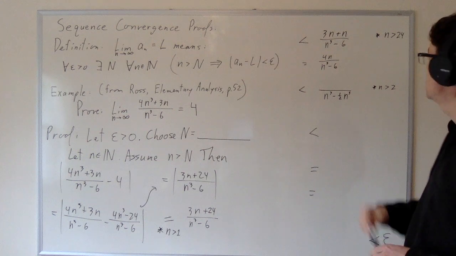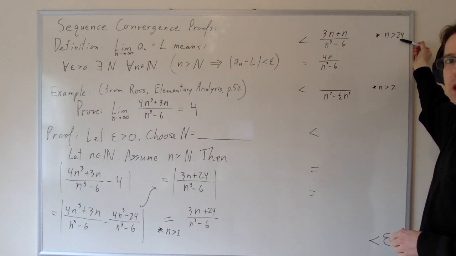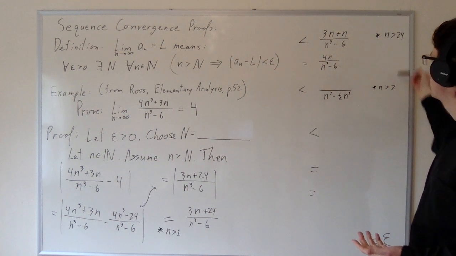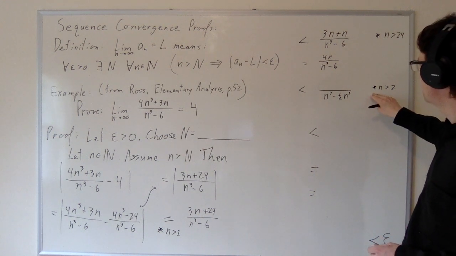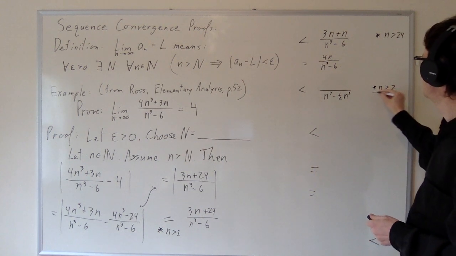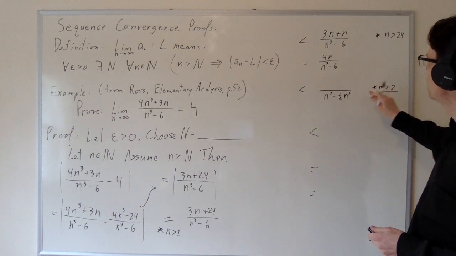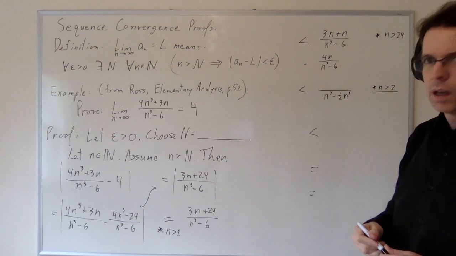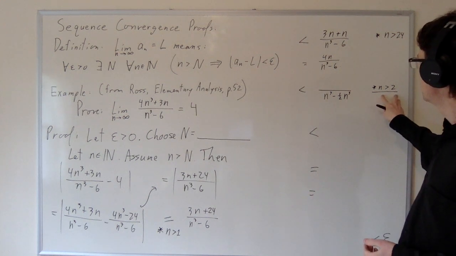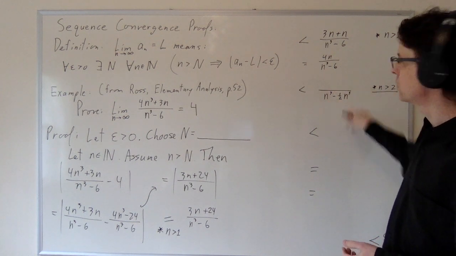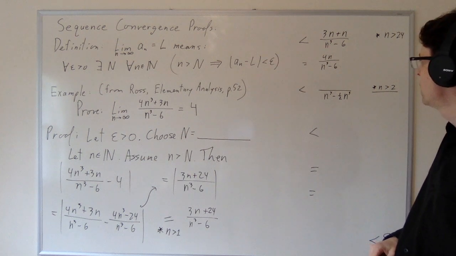Now, arguably, this condition is redundant with this condition up here. If we already know that it's bigger than 24, then of course it's bigger than 2. Nevertheless, I think it's best to write the condition that guarantees this inequality right next to this inequality. Later, when we have actual justifications for these conditions, this will be an important part of justifying this inequality. So